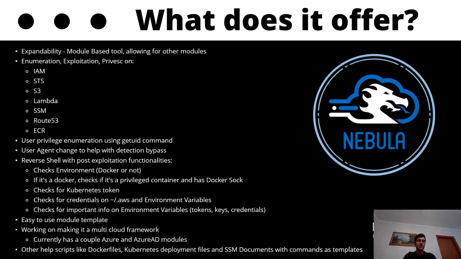Another thing it has is privilege enumeration, so it checks privileges of users. It can change the user agent to avoid detection. It has the reverse shell, as I said, on Python currently, but I'm working on a reverse shell on Go to make it cross-platform. And the reverse shell itself right now